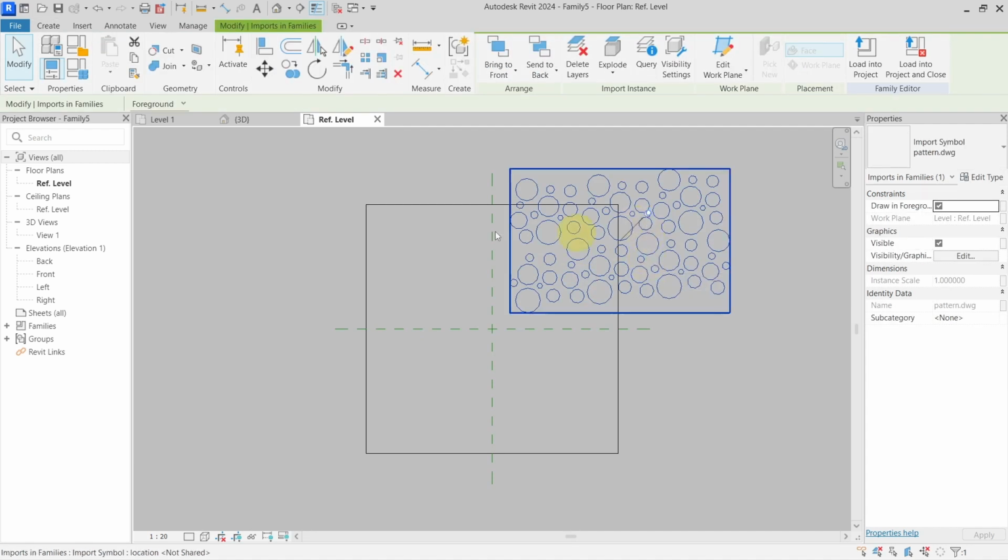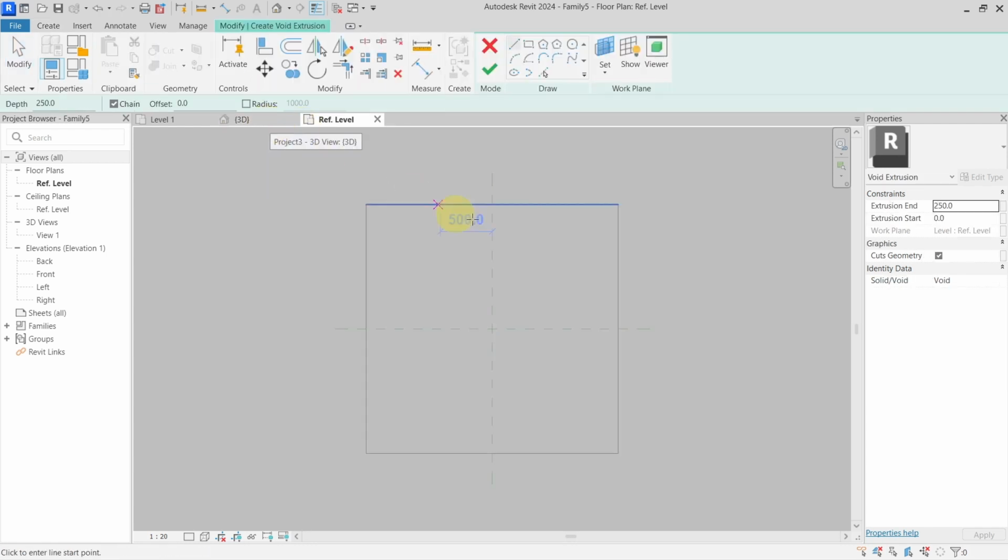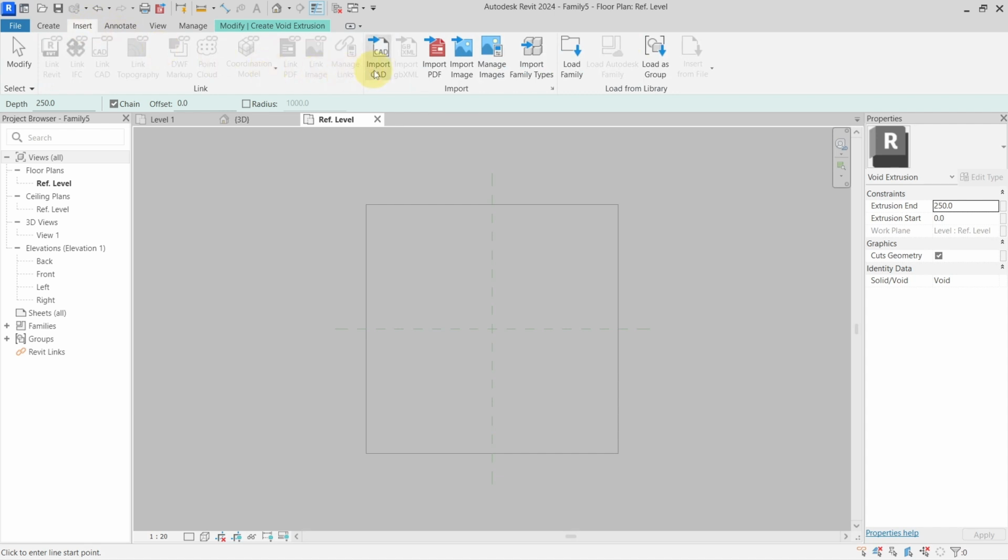So I will just go and undo this, and let's now go into our void forms, void extrusion. And now when I'm in my sketch mode, I can import my DWG file directly into the sketch mode. So I will go with insert, import CAD,